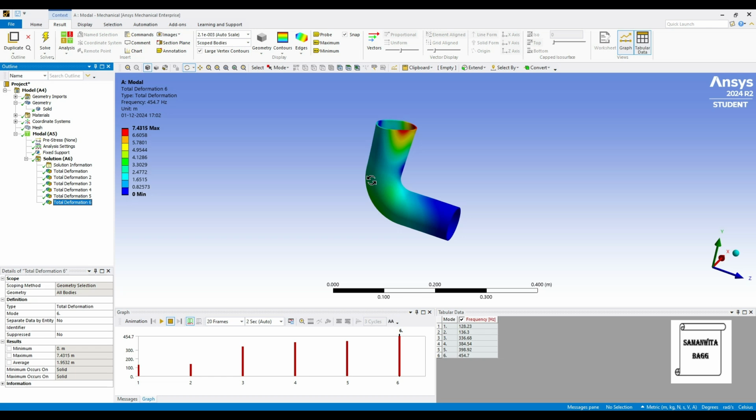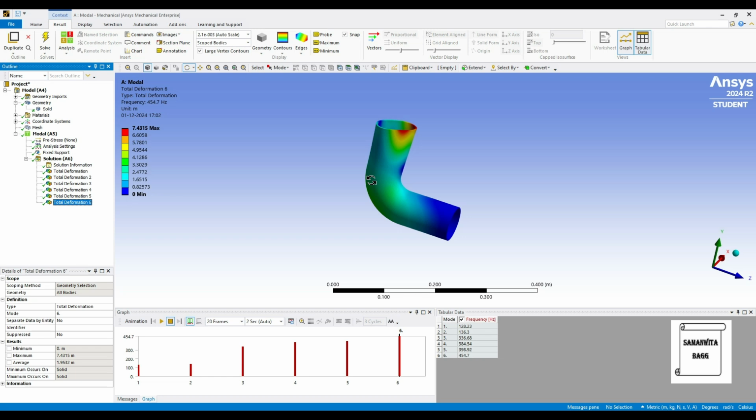Now that can be done by controlling the velocity and pressure accordingly, and this is important because the pipe has a bend over here. So you will see that this bend will get affected in most of the cases, be it any kind of analysis. So you should be very careful with the velocity of flow through the pipe.